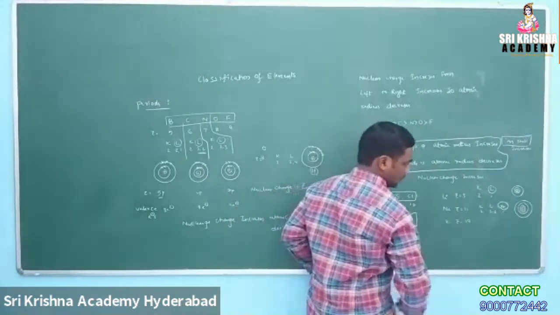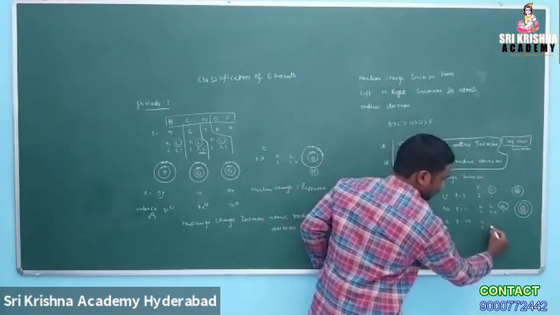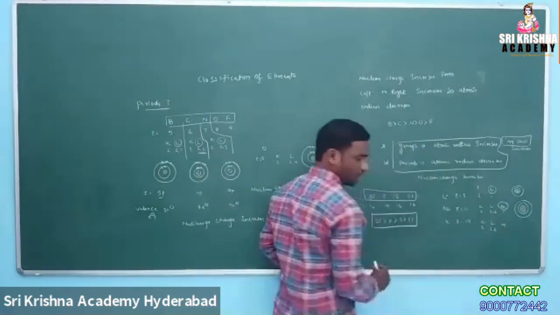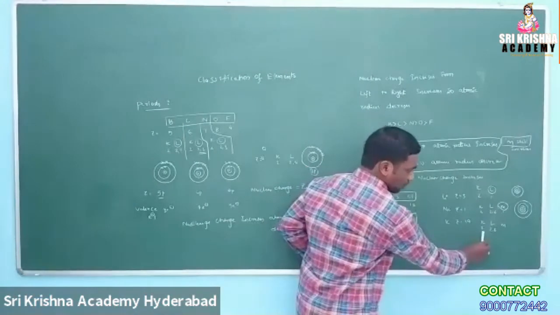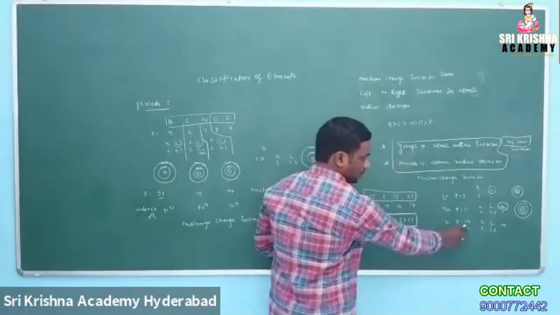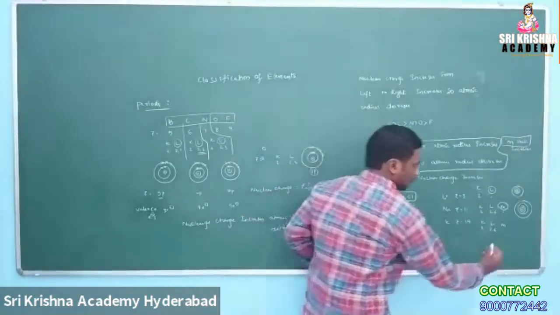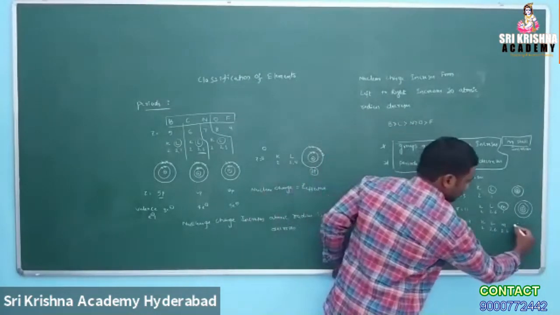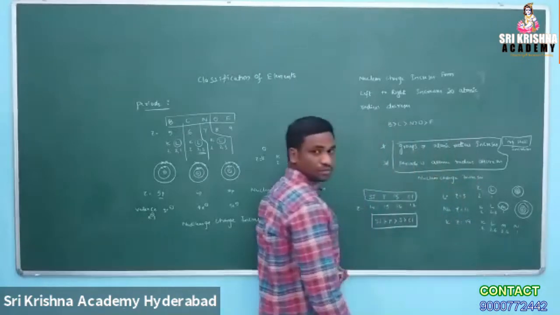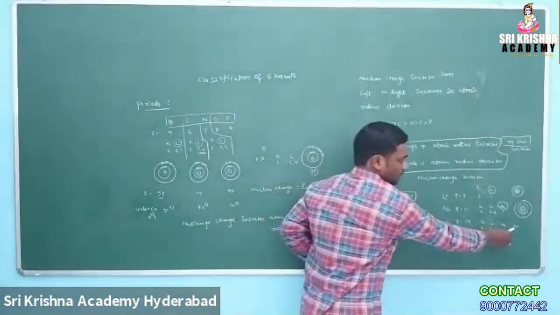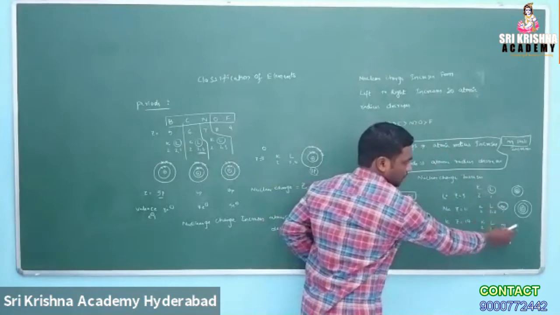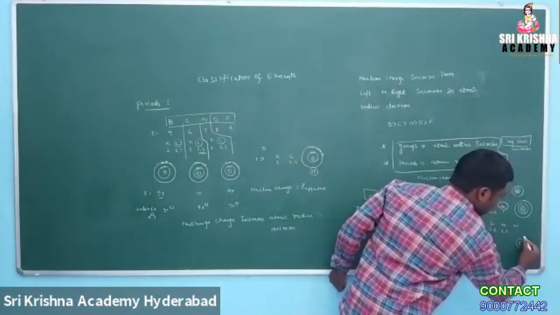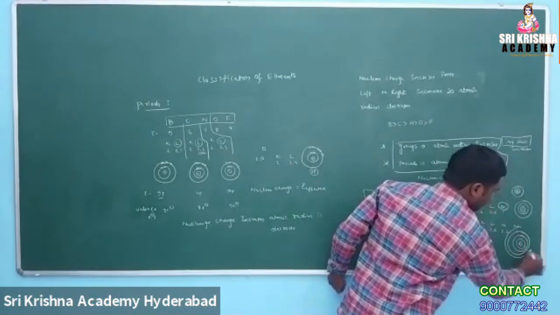For potassium, Z equal to 19 means K shell has 2 electrons, L shell has 2, 6, and the M shell has 8 electrons, so 18 is completed. Next, the N shell has 1 electron. So a new shell is inserted here: L shell, M shell, next N shell. N shell means 4 shells are there: K, L, M and N.